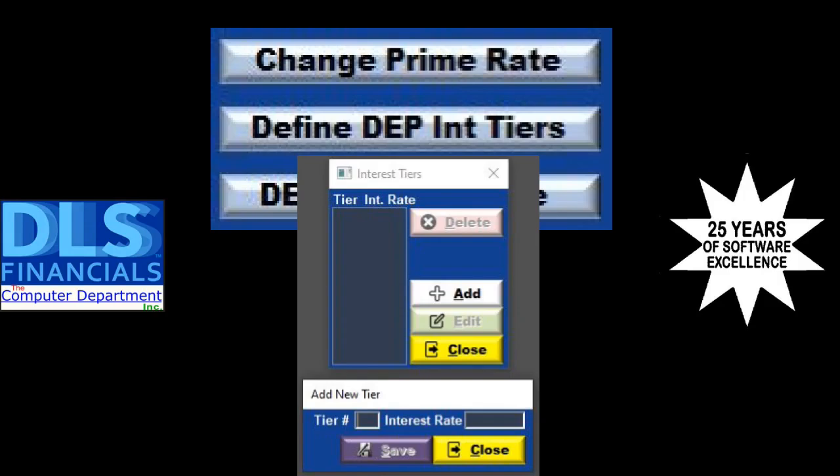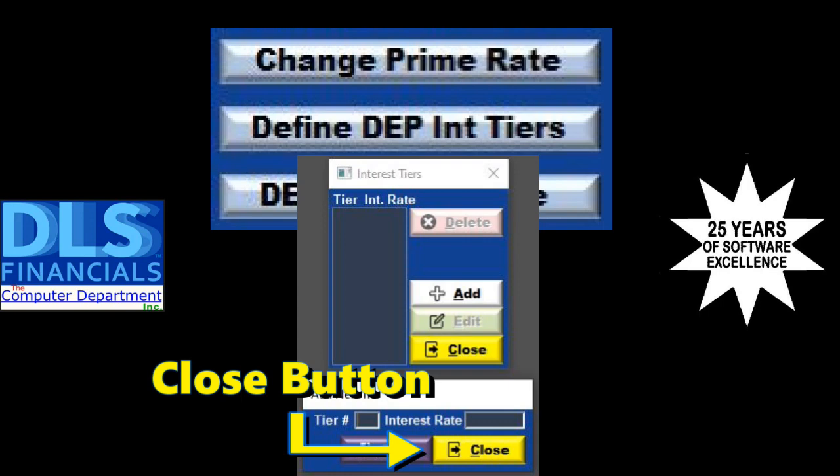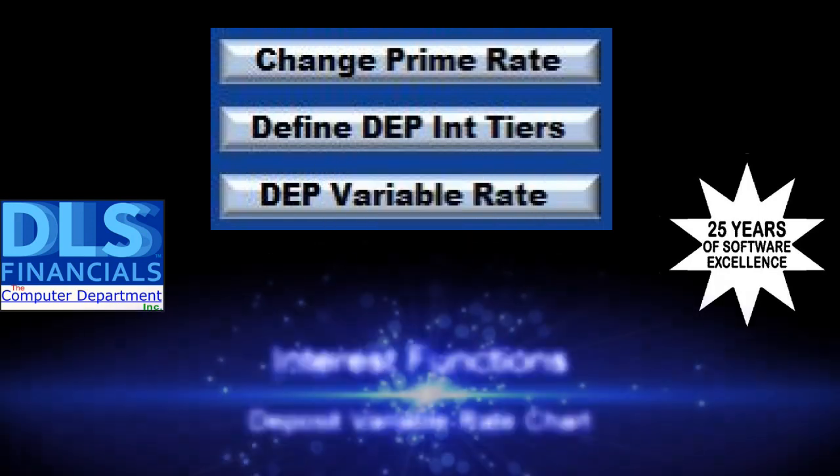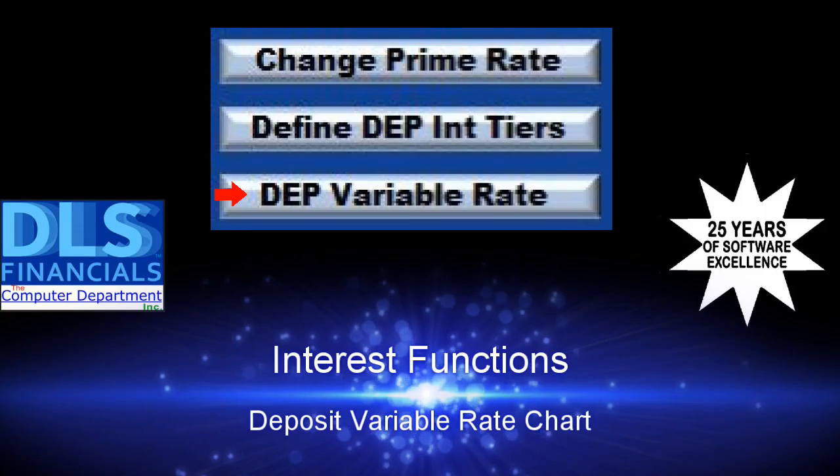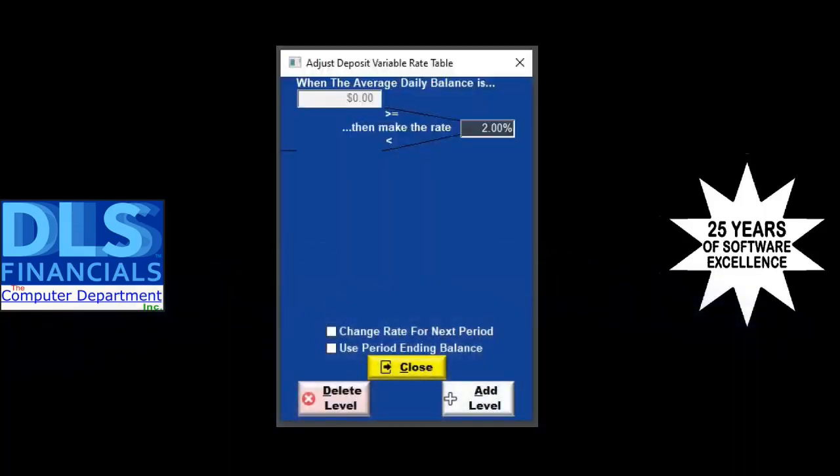Note, you can have one tier level, and you can only assign one rate to a tier. If the rate is already used in a tier, the save will be rejected. Close Cancel button will exit the form without saving it. The Deposit Variable Rate button will take you to the chart of interest rates for each balance that an account